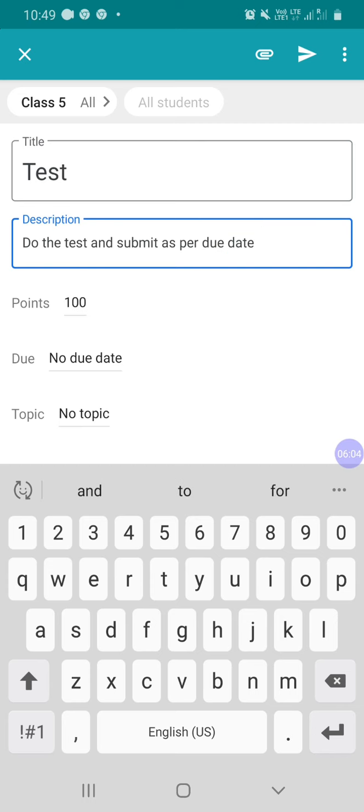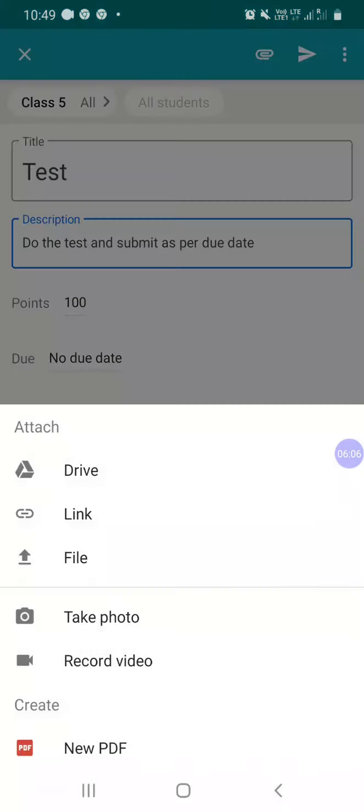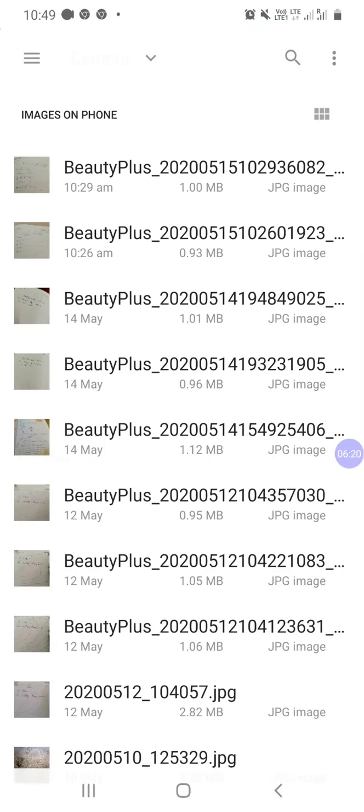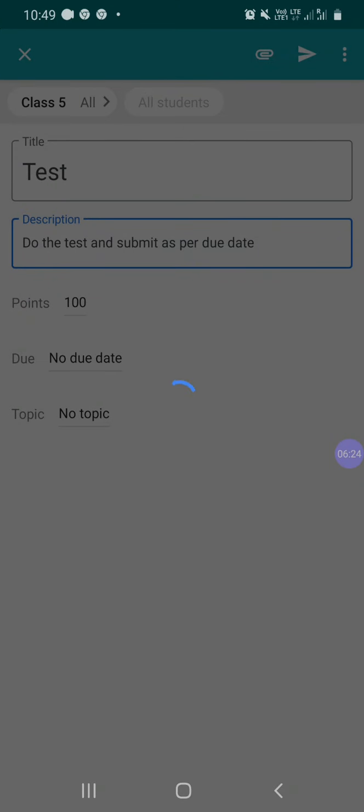Okay, here, attachment. So for the question paper, you can take the written document, take a photo and send it directly, or else if you have a PDF document, you can send it, a file you can send. So same as how to send the materials. I already have one attachment, I can send it directly for your reference.